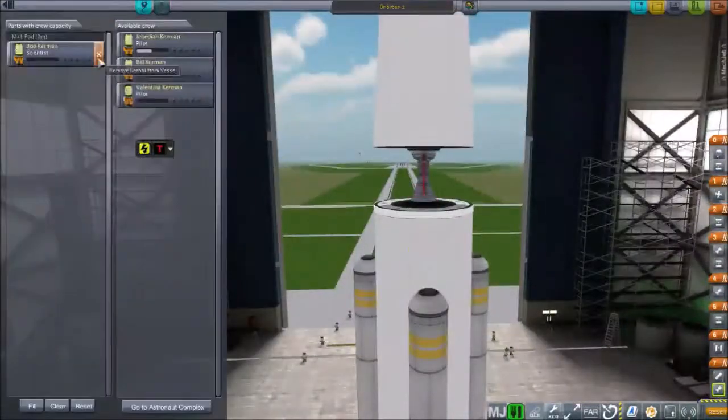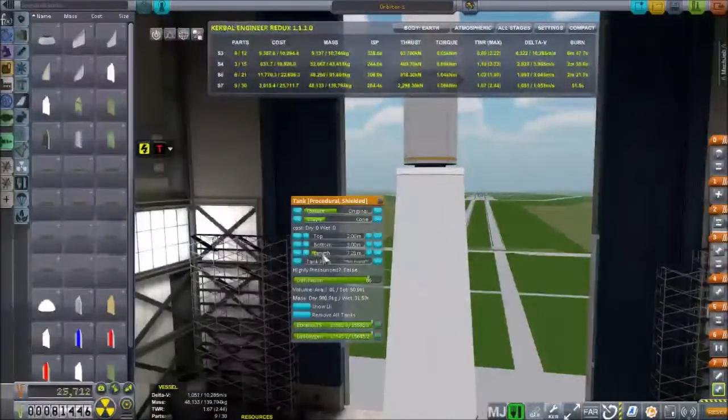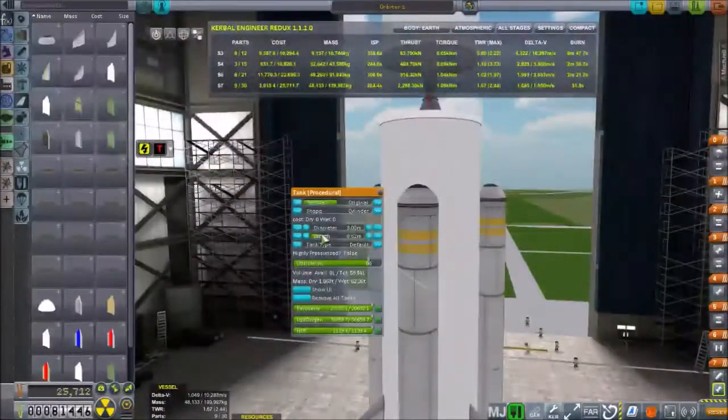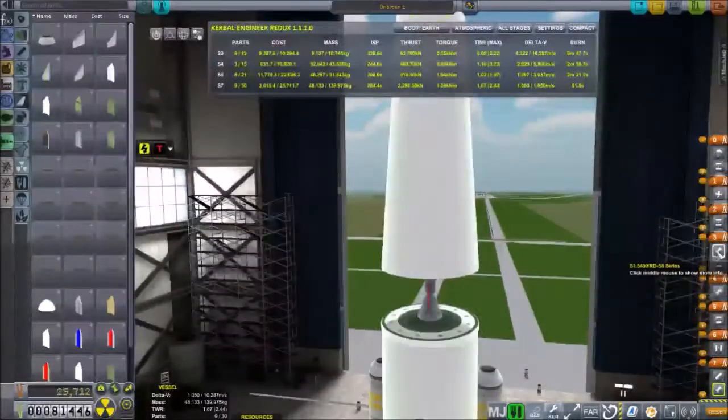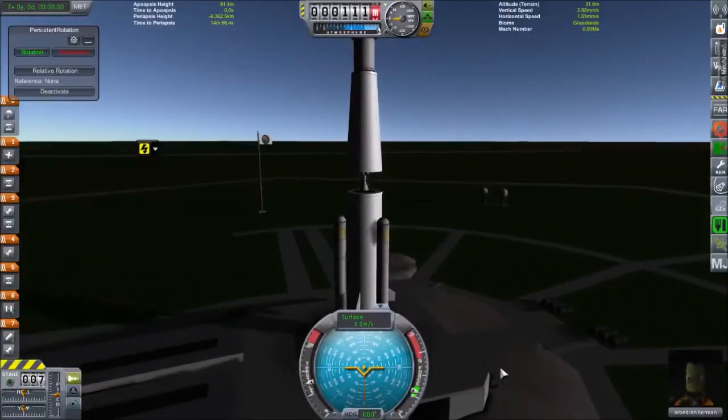You should be aiming for about 1.2 thrust to weight ratio at liftoff, and then approximately 1.0 thrust to weight ratio in your middle stages. That's if you're really trying to squeeze the stuff out. There's reasons you wouldn't want that, but